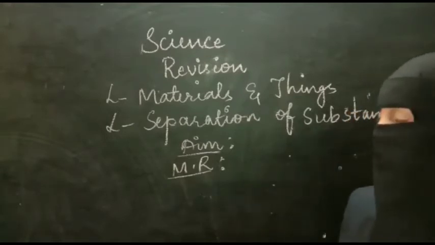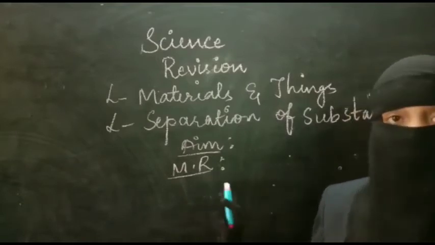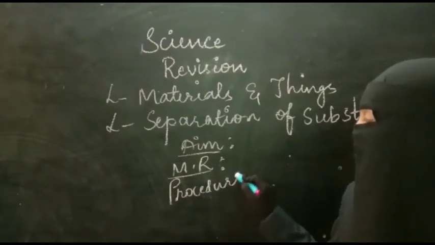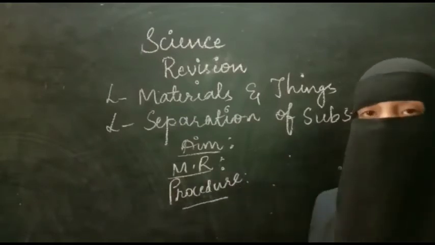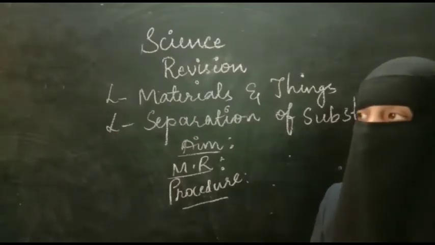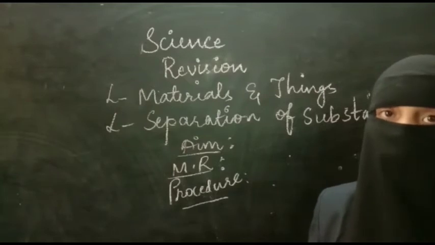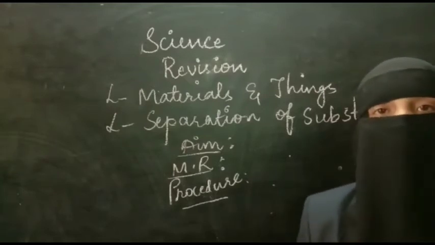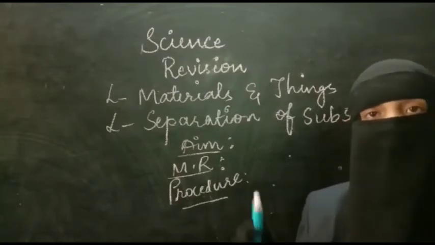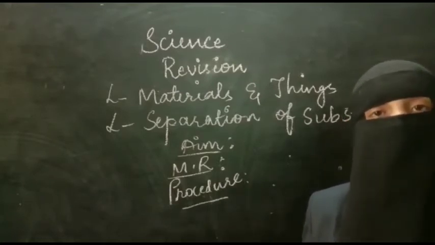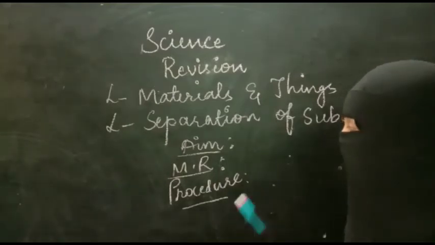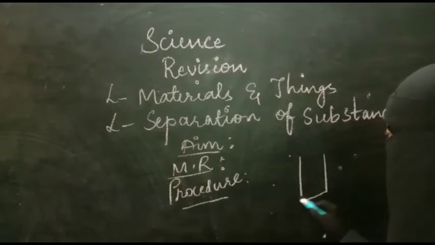Then later on what you have to do? This is the materials required, right? Then procedure. The next step is procedure. In the procedure you have to take two beakers, add soil in one beaker and add water to that beaker. Stir it properly. You will observe that two different layers are formed. And then procedure continuation. Now separate the two layers. First the water layer you have to separate. You have to collect the water in the second beaker. Take another beaker